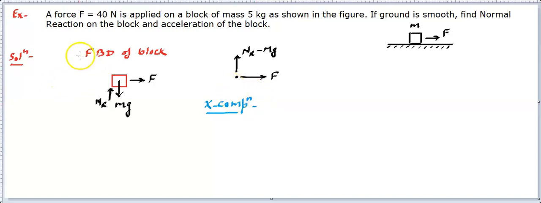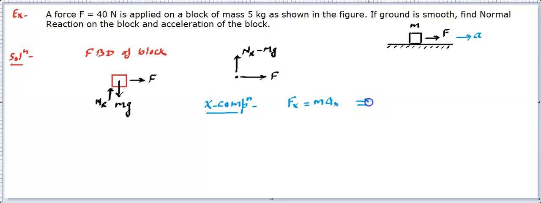First step is to identify the system. Second is to draw the free body diagram. Then resolve the forces in the two directions. Then write the x component of motion. Now in the x component, there is only this force acting, and this is given as 40 newtons. So that means Fx is non-zero. Since Fx is non-zero, you will apply the equation Fx equals mass into acceleration in the x direction. So let's say this is moving in the x direction with acceleration a.